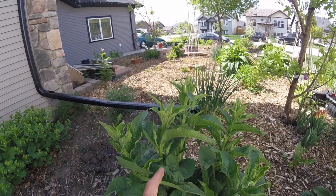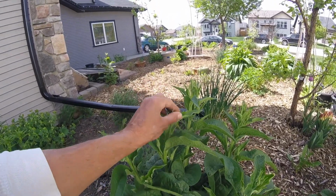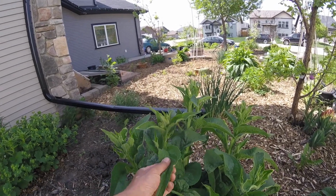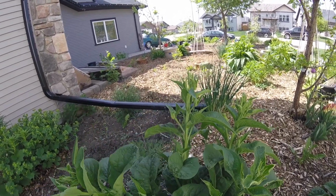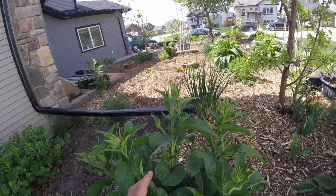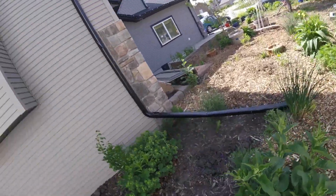This is not the Russian Bocking 14 variety. That has sterile seeds, so you don't have to worry about that variety. This is common comfrey, Symphytum officinale. It has viable seed, so I'm pretty cognizant of making sure that I chop this down. This year I'm going to